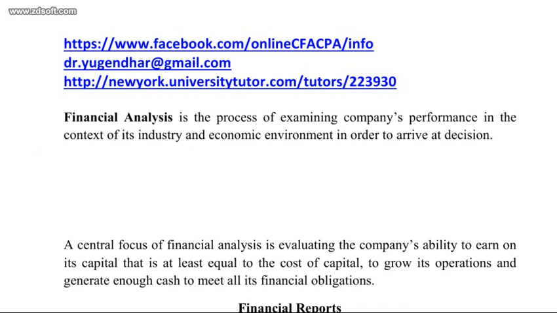Basically, an investor in debt securities is concerned about the company's ability to pay interest and to repay the principal, because he is only investing in debt securities. He wants a minimum or an agreed interest from the company, and at the time of maturity, the company has to pay his principal amount back.